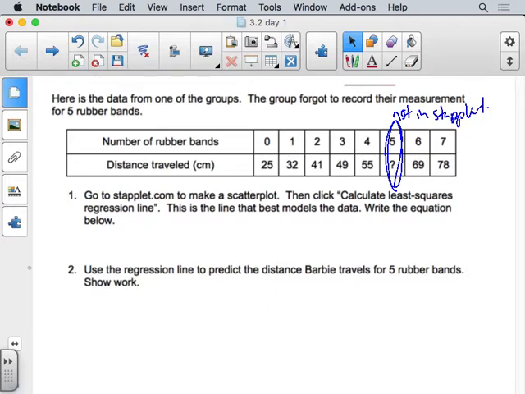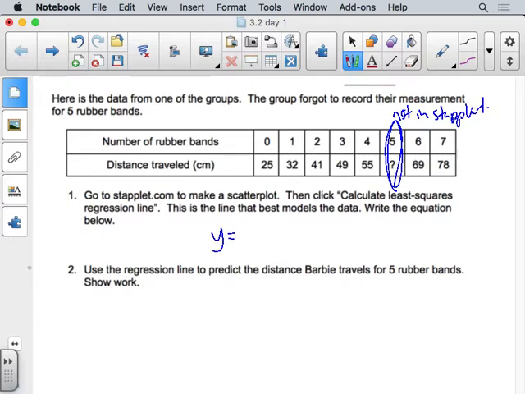Alright, let's see. Seems like we're all about there. So let's look at it. Nothing too crazy here. Go to Statplet, make a scatter plot. I think the scatter plot was looking pretty linear. Okay, click least squares regression line, and you should have gotten something like